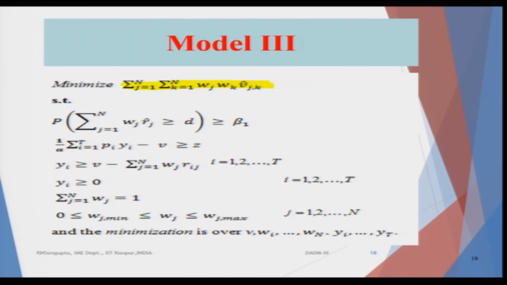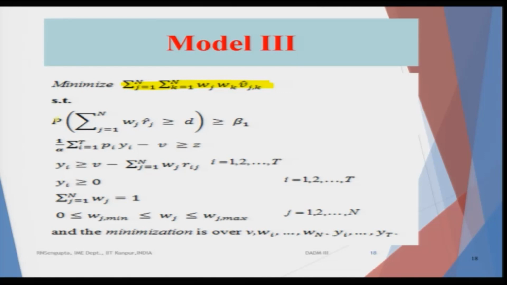The first constraint would basically consider the probability. So, here the probability comes. The problems we are discussing can be solved using both the reliability part as well as the robust optimization concept. The first part is that if I leave the probability, generally inside the bracket, it means the returns, which is Wi's into Ri's, or Wj's into Rj's, j equal to 1 to n, is greater than some fixed value d.